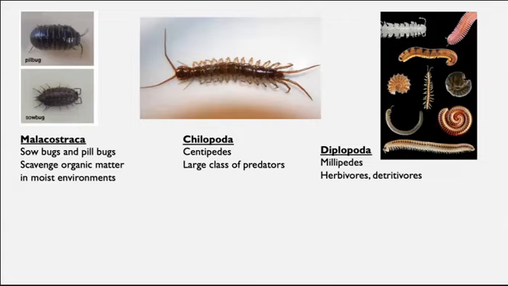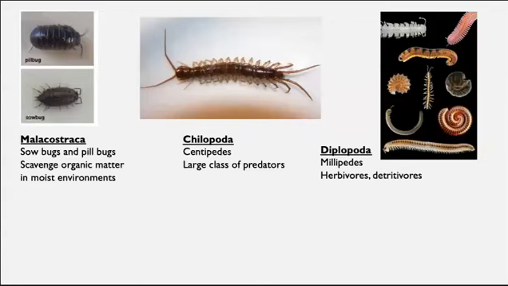Some of them do eat fungi or suck plant fluids, but for the most part, they usually are pretty harmless. They can, though, be a nuisance pest in and around your house. They can hide in your crawl space or hang out under landscape mulch. Okay. Like the sow bugs and the pill bugs, our centipedes and our millipedes are also usually found in wetter